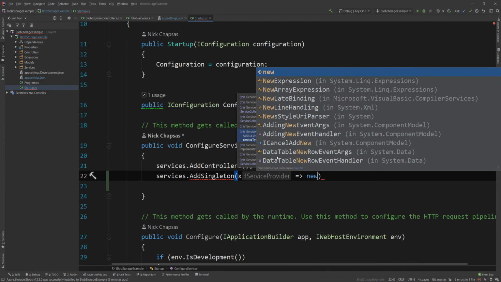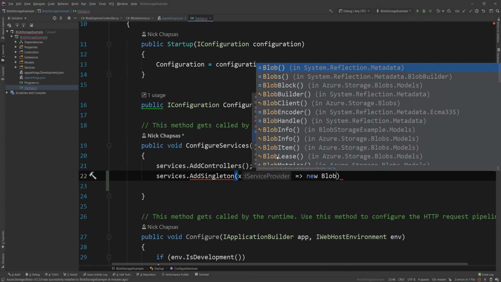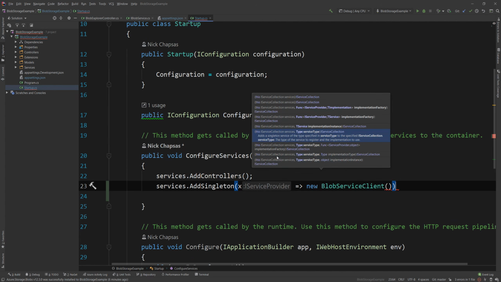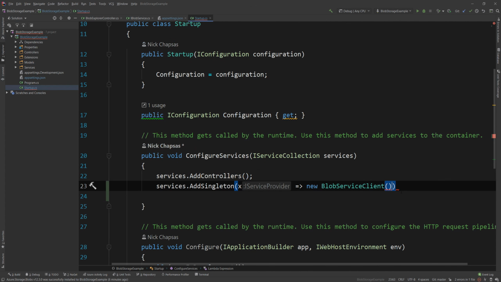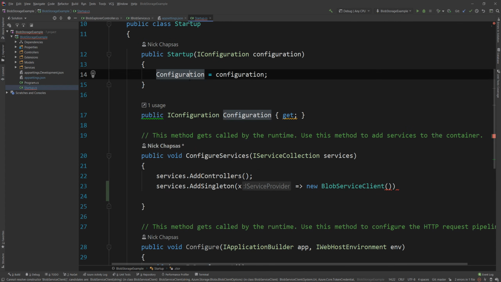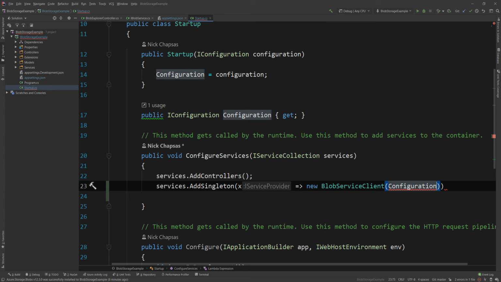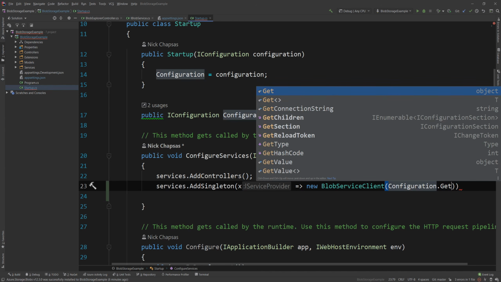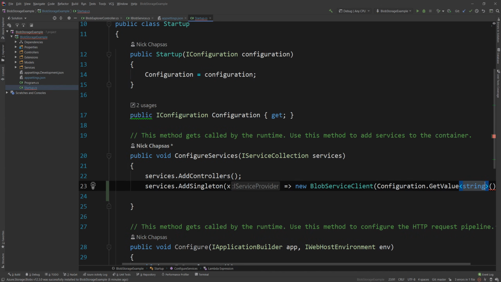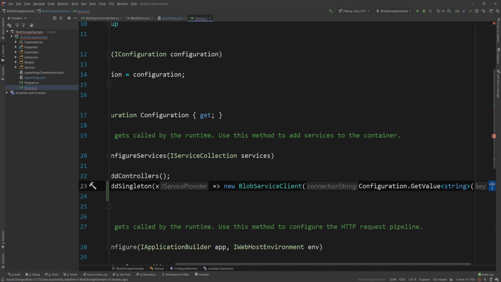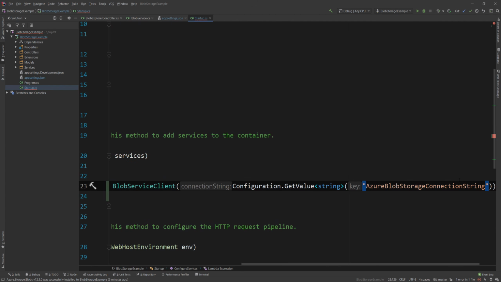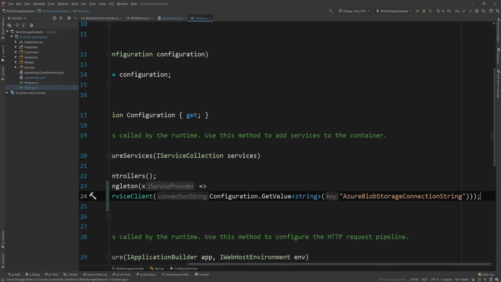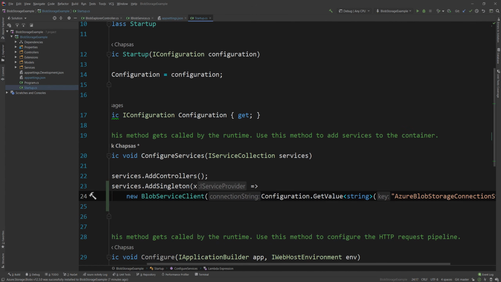And I'm gonna say new BlobServiceClient. And what it needs in here is the connection string. So I'm gonna use the configuration and I'm gonna get value string by name, and the name is the one we gave in the settings. So we have our client registration, and this is what we will inject to allow us to essentially connect to